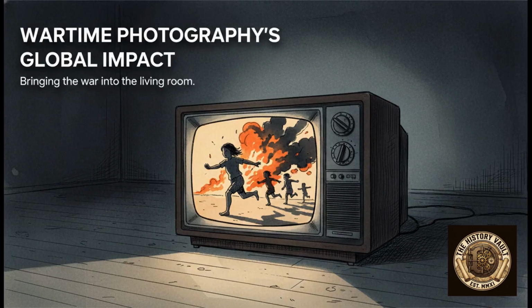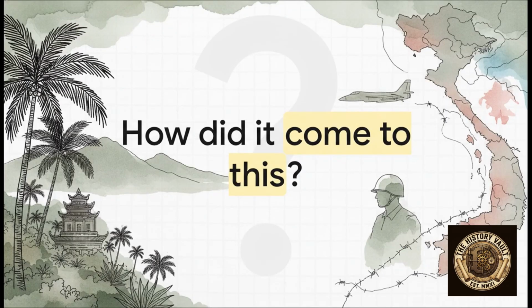You know, sometimes a single image can tell a story more powerfully than any history book ever could. This photo of a 9-year-old girl named Kim Phuc running from a napalm attack did exactly that. For people all over the world, this one picture brought the raw, unfiltered horror of the war right into their living rooms. And it forced them to ask one single, devastating question. How did a struggle for independence in a small Southeast Asian country spiral into a full-blown proxy war for the world's superpowers? How did it lead to this kind of devastation?